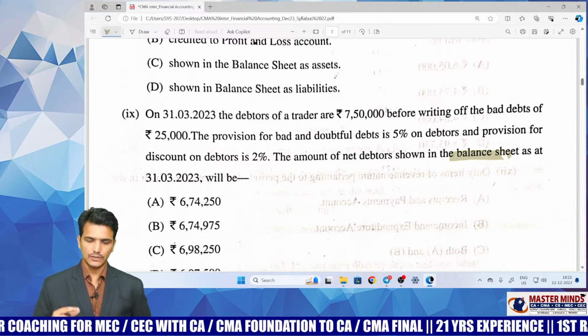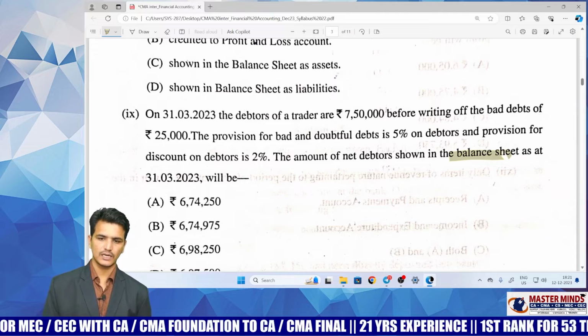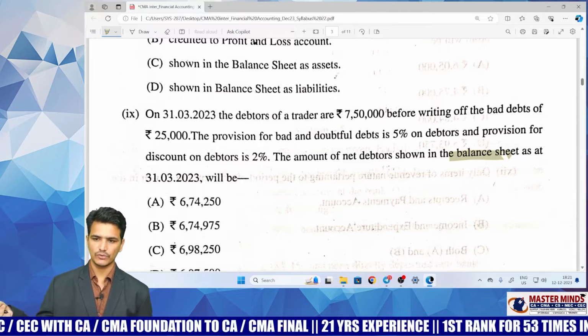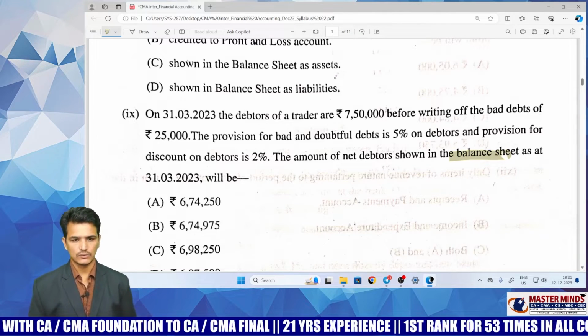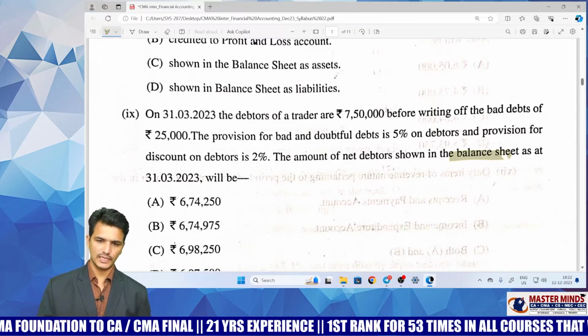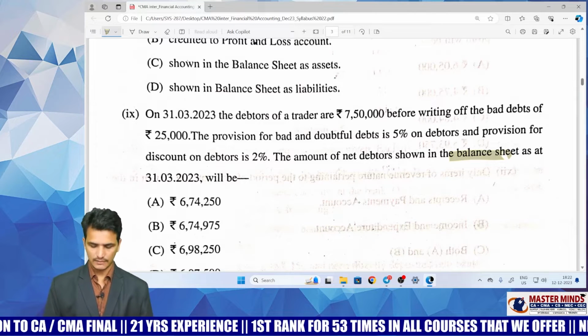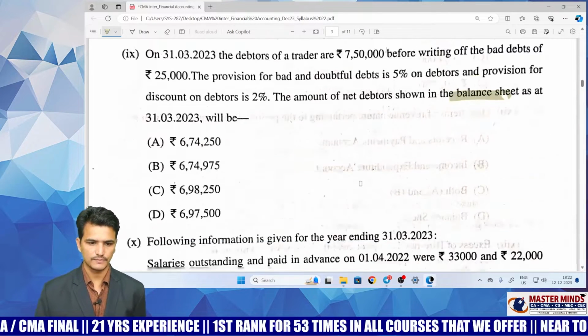So based on this PBD and PDD treatment, they have given 2 MCQs, but in this MCQ they are asking you how much amount of debtors you are going to show in the balance sheet. So if you have gone through the problems which are given on the provision for bad debts and provision for discount and debtors, then comfortably you can answer this question also. Next one,